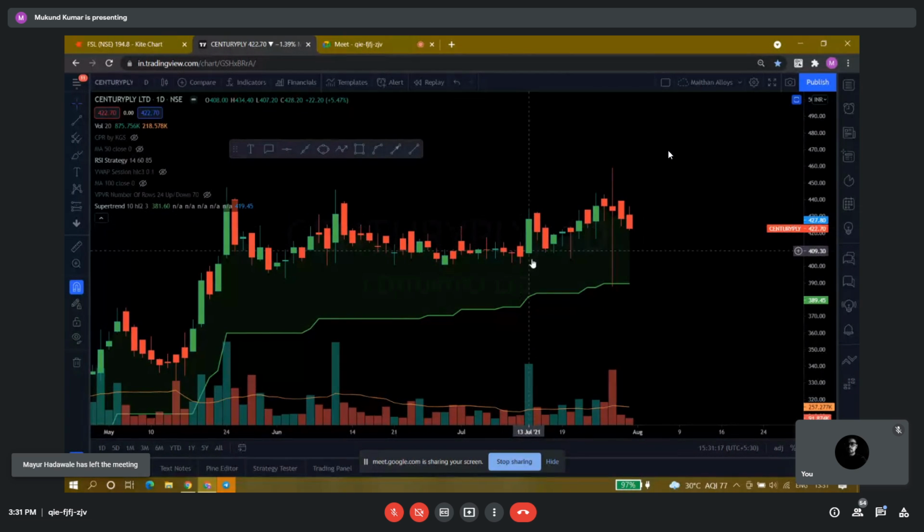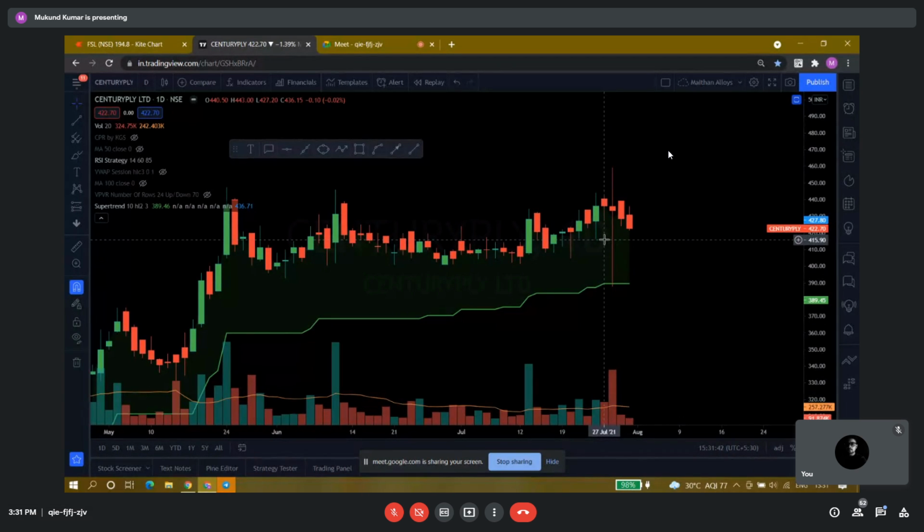There is also some buying here with good volumes. So for those who can take risk, they can also wait with the stop loss of 405. This is also a very good level. I think there has been a very good consolidation on this particular price level, so that can also be a very good stop loss. But for those who cannot take big risk, I have given this 415 level as a stop loss on closing basis only.